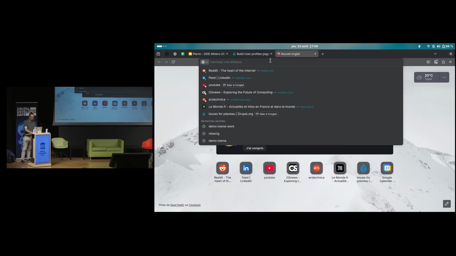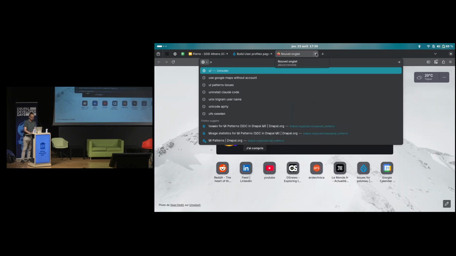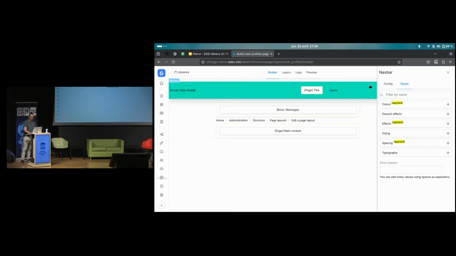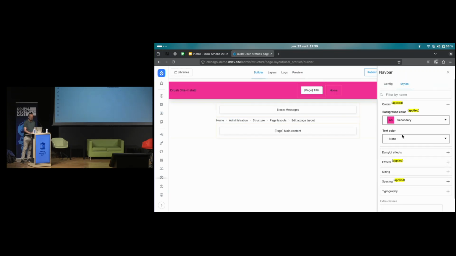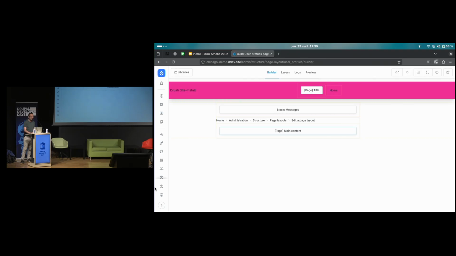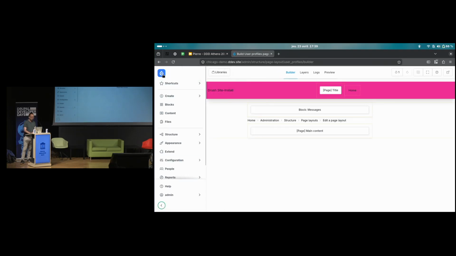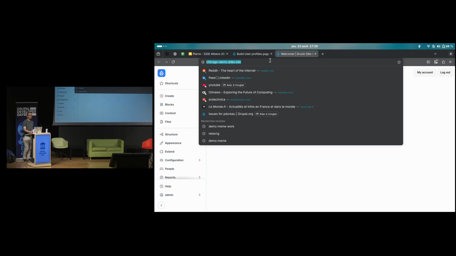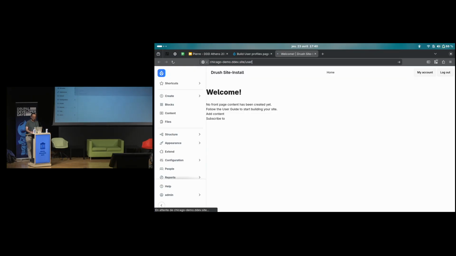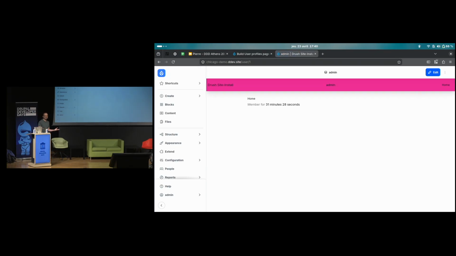If I go to the home page, first I will do a change here. I will change my color. And I will publish my new display. So I go to the home page here. My home page is still managed by block layout because it doesn't fit the condition plugin. But if I go to your page, it's managed by the display. It's cool, no? So with this very simple config entity and very simple mechanism, you can already replace block layout. Let's continue.